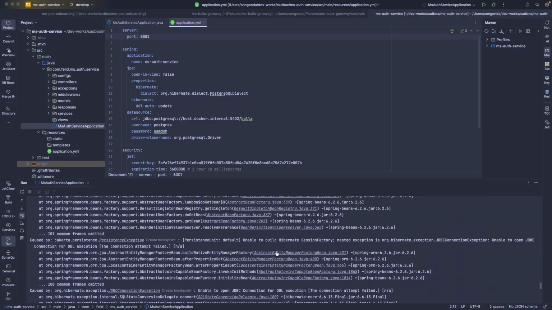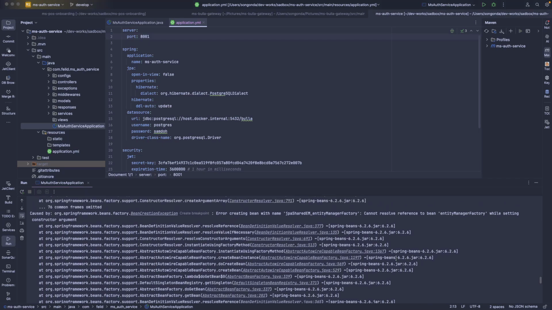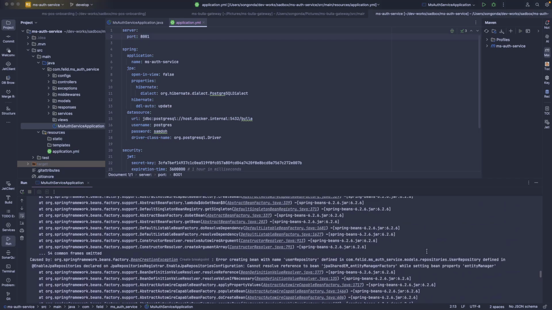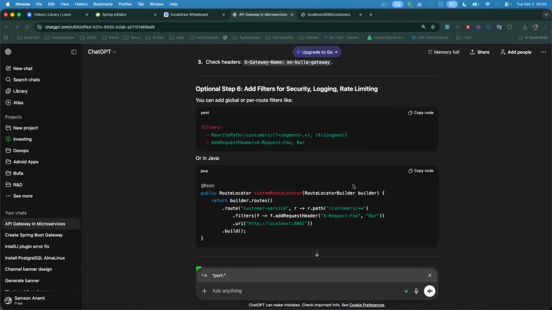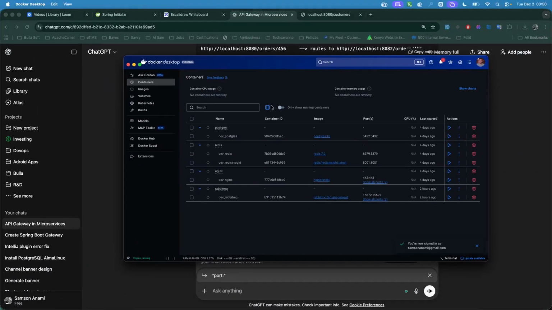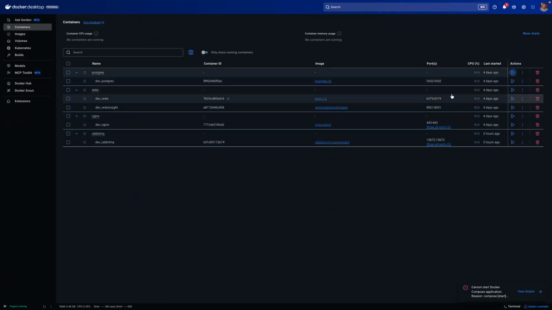Postgres also, because we're using a DB, our Postgres will need to be started. I have this loaded on Docker Desktop. So I have my Postgres database running on my Docker Desktop. I'll show you that in a second. So here's my Docker Desktop. I'll just ensure that I start this service. Let me see. I'll just start this container with Postgres. So this one will run a local